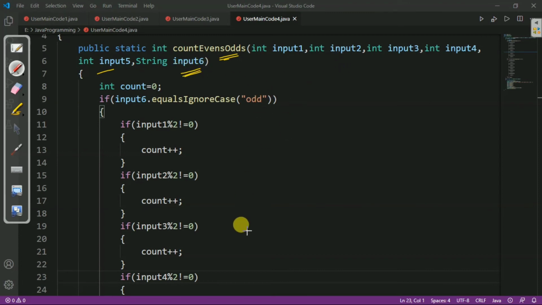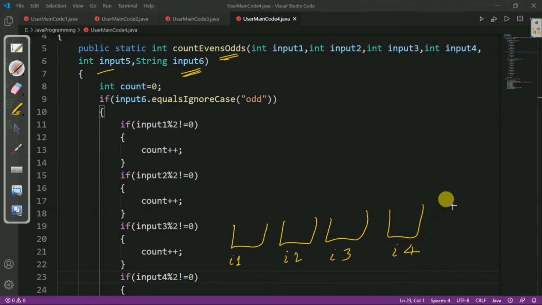I am assigning input 1 to I1, input 2 to I2, input 3 to I3, input 4 to I4 and input 5 to I5. After that let us take the string as odd.